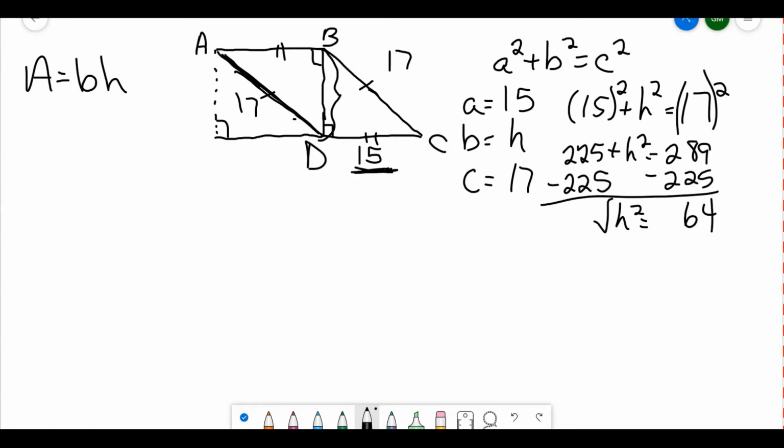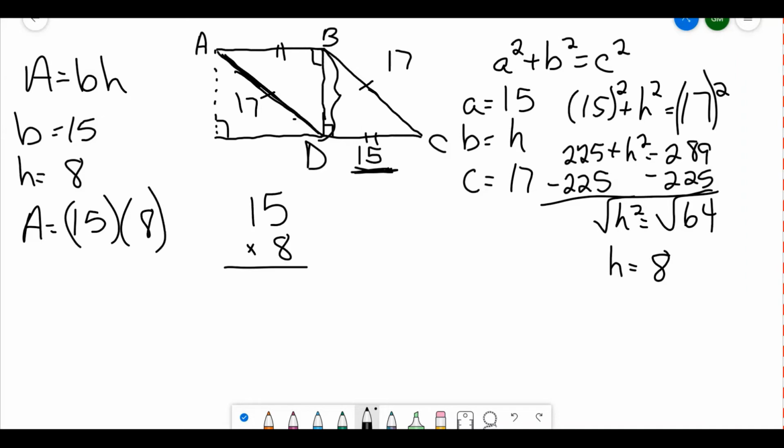And then we need to take the square root of both sides, and that tells me that h equals 8. We're going to use the positive square roots only because we're measuring a length, and you cannot have negative lengths. So we have base is 15, h is 8. So our area is going to be 15